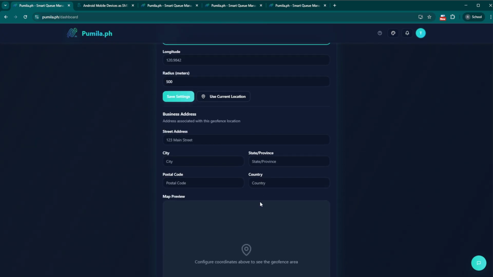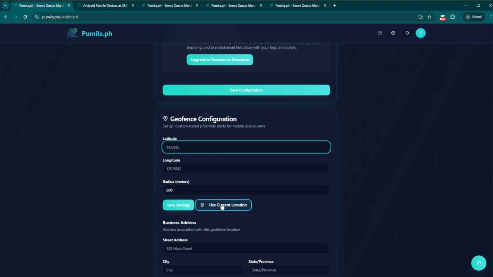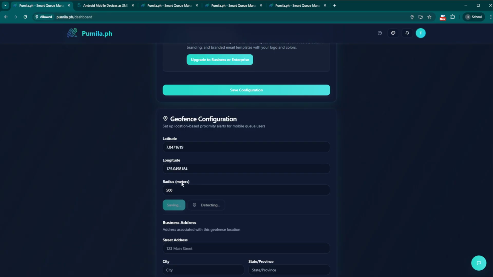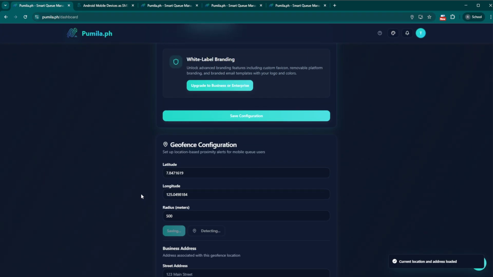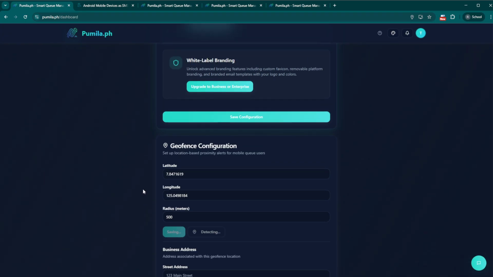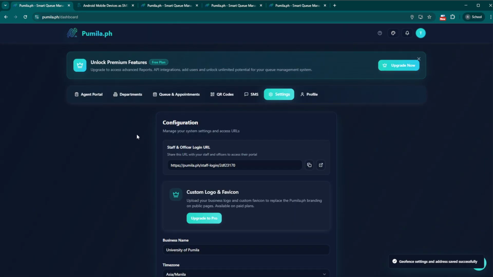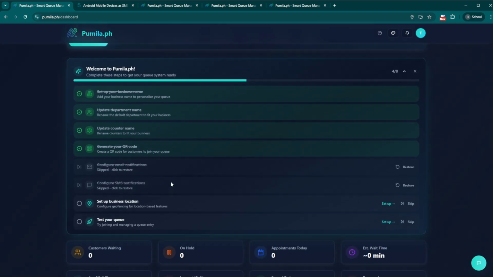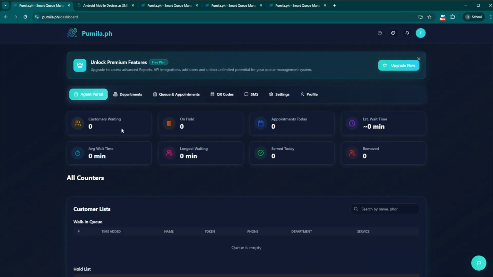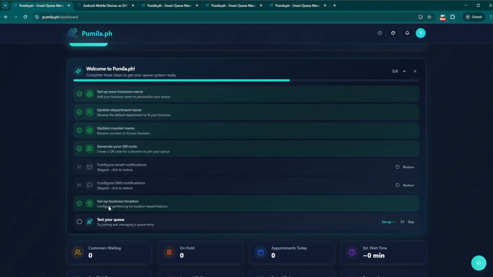Just click the use current location, then save settings. It will ask for your, okay, save. So going back to the agent portal. The business location